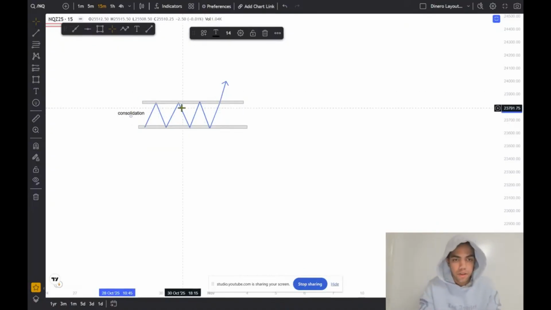All right. So you have your consolidation right here. This is what consolidating means. That price gets here and then it just bounces around. It doesn't go up or down. It just stays there. When it breaks that,